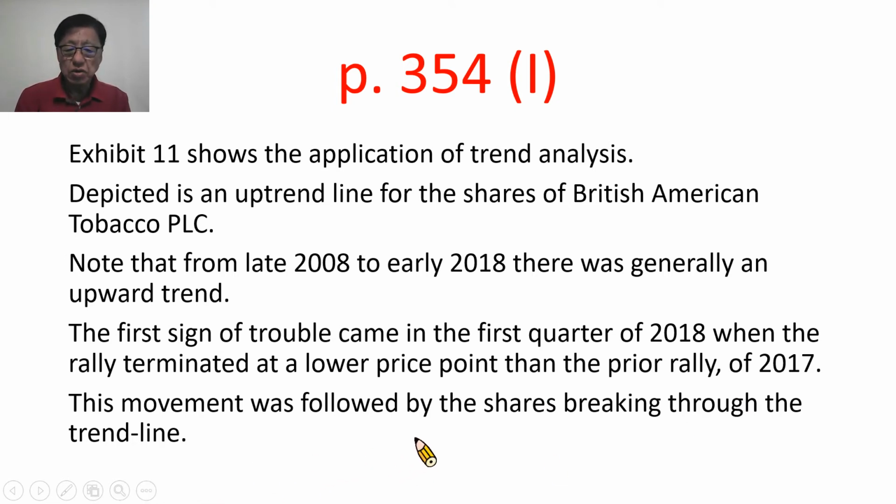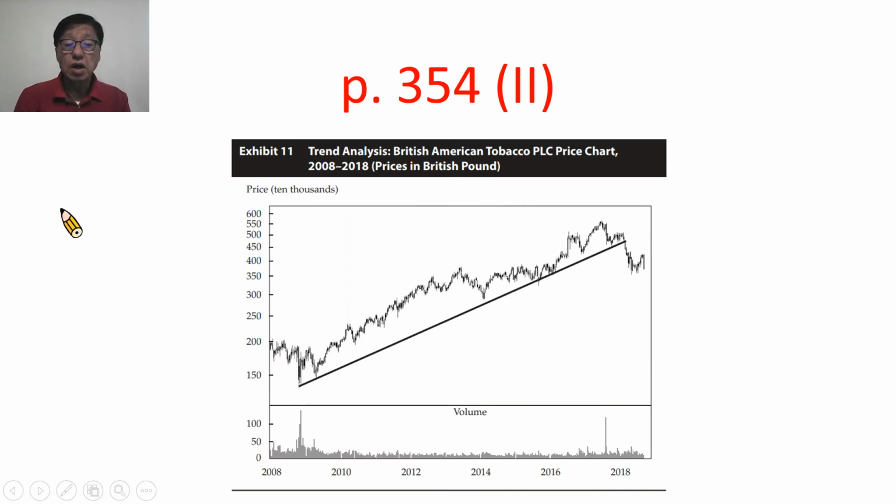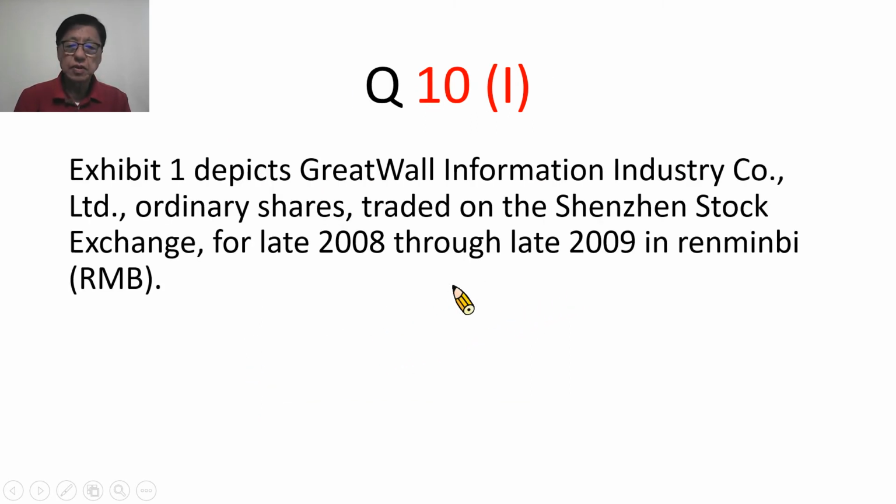This movement was followed by the shares breaking through the trend line。看一下他讲的这个图11，趋势分析，英美烟草公司的价格图，从2008到2018，价格是以英镑计价。从2008年末一直到2018年初，本来都是上升的趋势线，但是到了2018年有突破跌破。而且你可以看得出来，每次下跌之后反弹上来的时候，高点都越来越高，低点也都越来越高，所以这是一个上涨趋势。Exhibit 1 depicts Great Wall Information Industry Corp. Limited